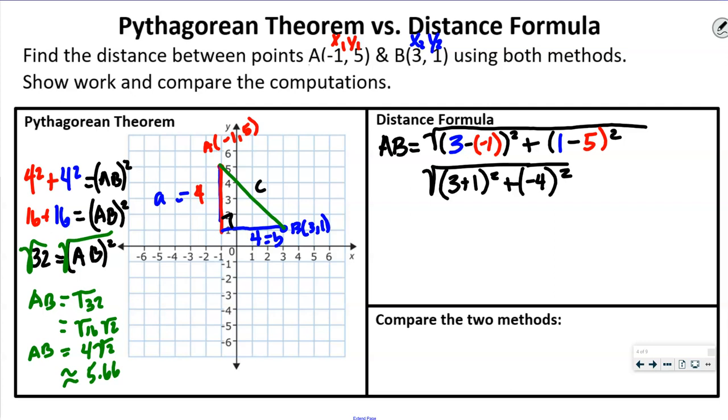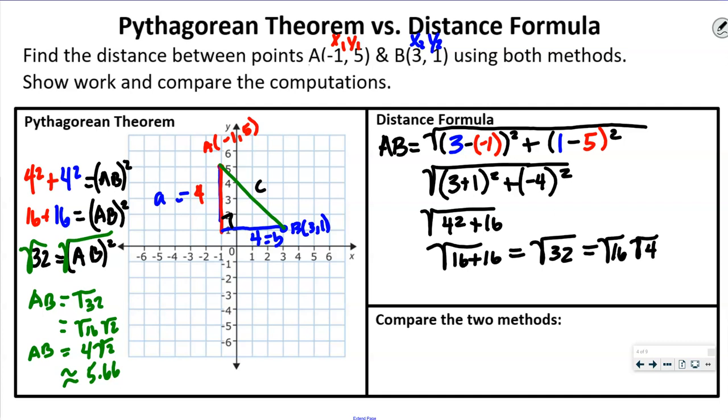So then when we keep simplifying, this is going to be 4 squared, and negative 4 squared is 16, right? So isn't this going to be 16 plus 16, and that's what we got before, so that's the square root of 32. We already know that if we simplify that, that's the square root of 16 times the square root of 4, which is 4, times square root of 2. That's our exact answer. So that's AB, and then if we give an approximation of that by multiplying that, we